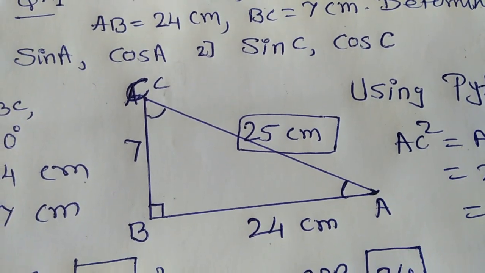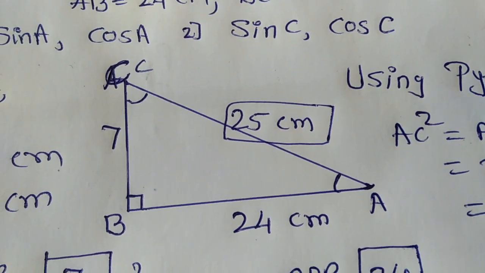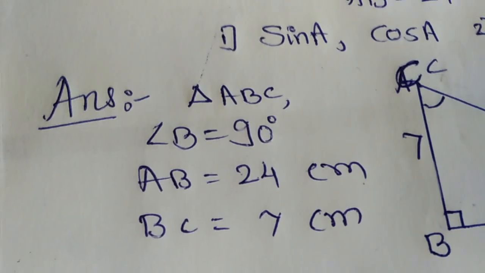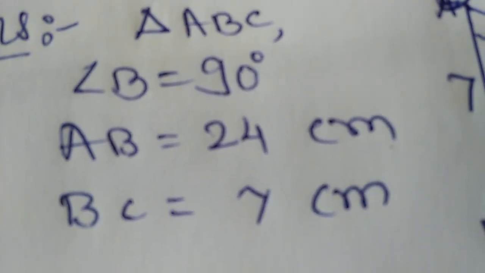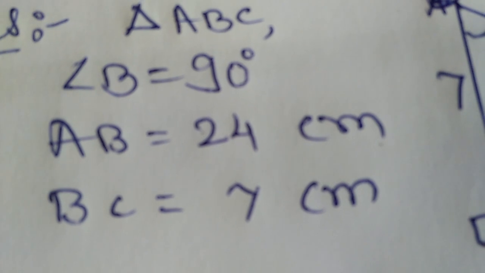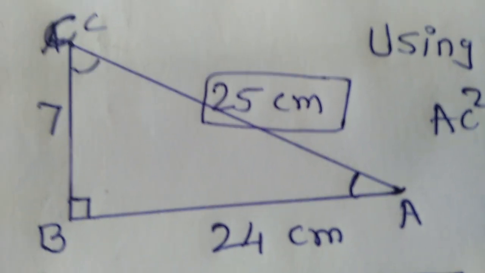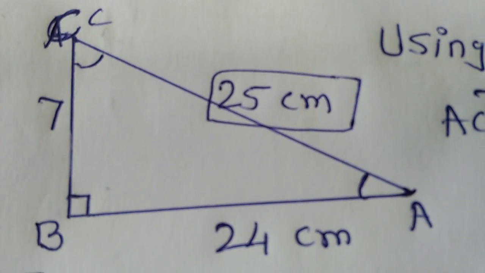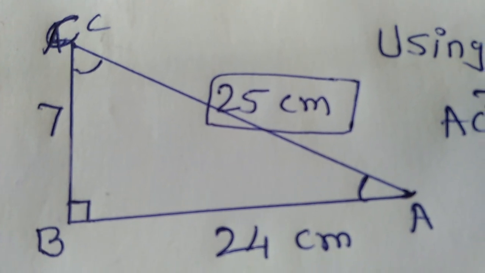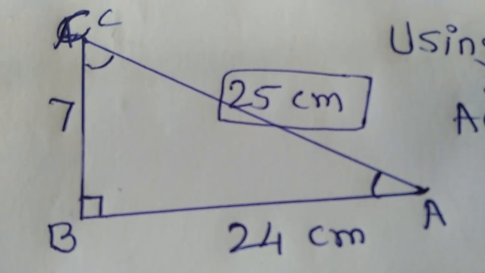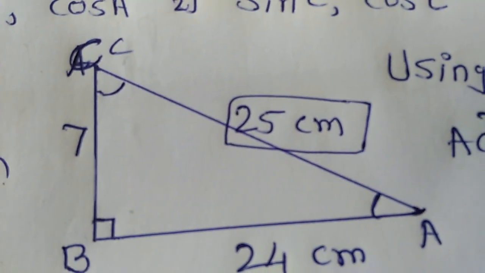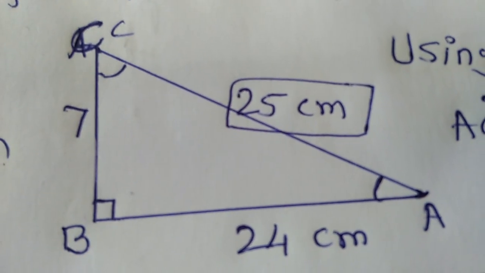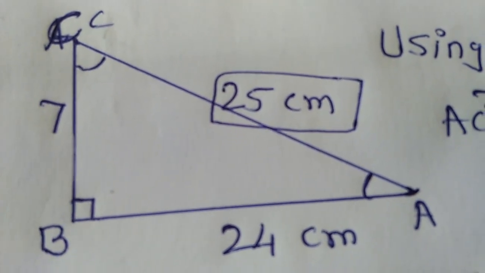Then as usual we start our solution with the triangle. First we draw the triangle ABC. For that, first we collect the given things. What is given? In triangle ABC, B is equal to 90 degree, AB is equal to 24 and BC is equal to 7 centimeter. Then we draw the triangle ABC. You draw with pencil and scale. You have to measure the 90-degree angle correctly using a protractor, but no need of measuring 24 and 7 centimeter. Roughly you can draw the triangle ABC and give the side names AB as 24 centimeter and BC 7 centimeter.